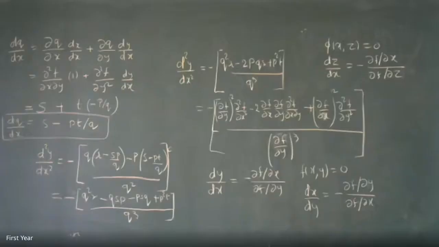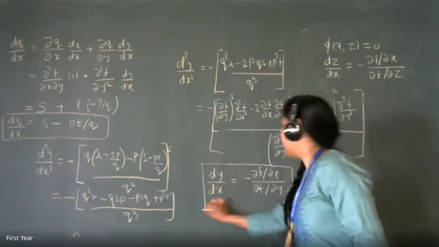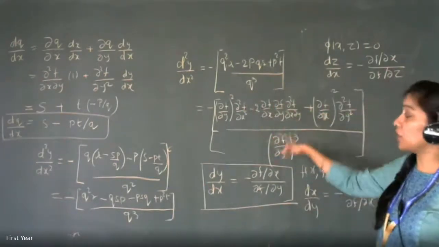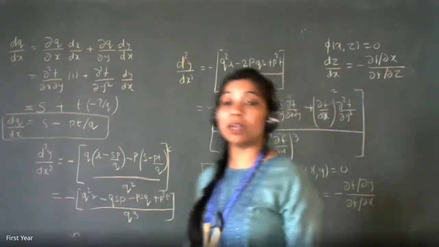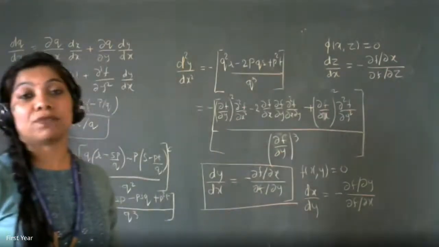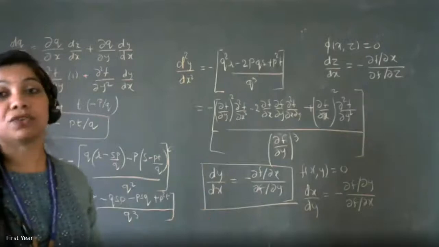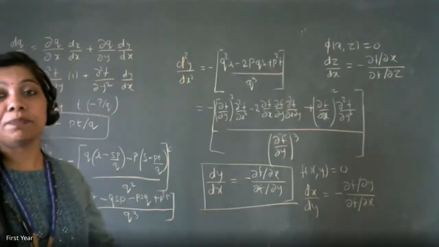Is this clear? So if you have understood once the formula of dy by dx, all the rest of the formulas are very simple to write, depending only on the number of variables. If there are 3 variables, then they will mention that the third one has to be taken as constant, so you'll have to write the formula again in this way. Okay? These two formulas, the dy by dx formula and the d2y by dx2 formula in terms of p, q, r, s, t or in terms of partial derivatives, will be asked directly for 1 mark, and the examples like what I'm going to take next will also be asked for 1 mark only, but at least you have to solve it, 2 to 3 lines will be required. So these two formulas, and then depending on that, the questions will be there.